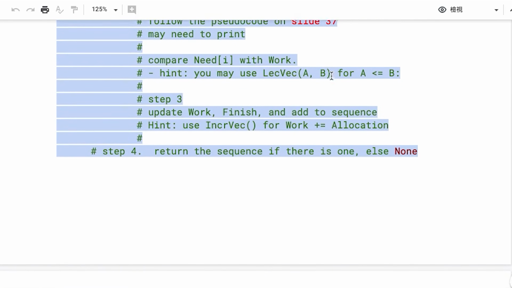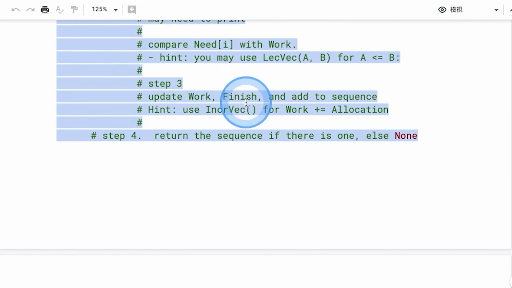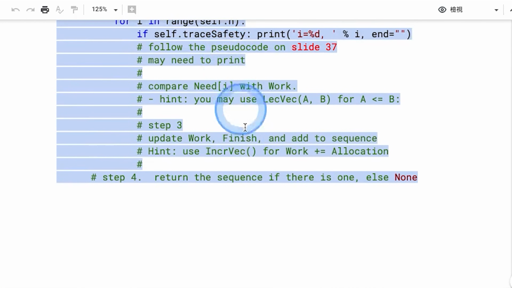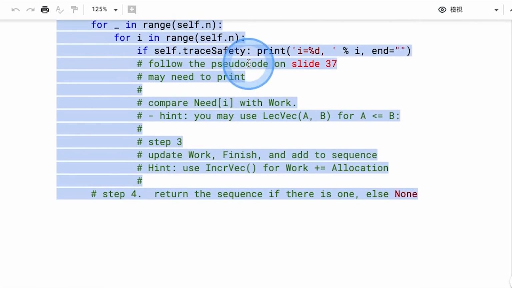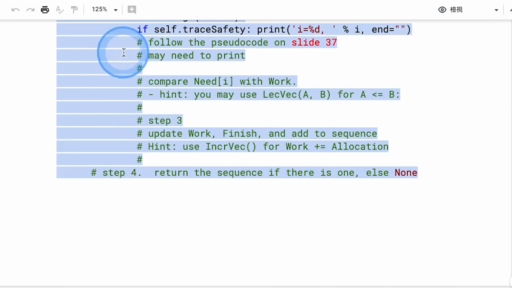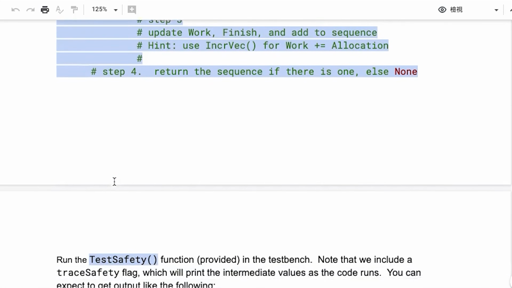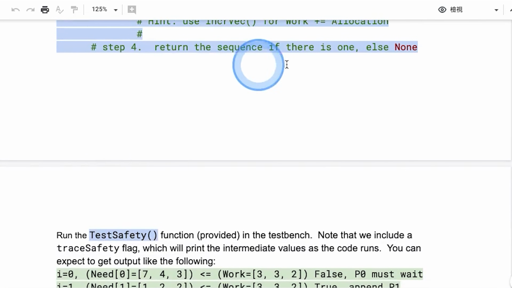Okay, and compare, and so you do steps 2 and 3, and then if you couldn't find one such i, then you drop out, and then do step 4. Okay. And step 4 is to check if there is any that's not finished.